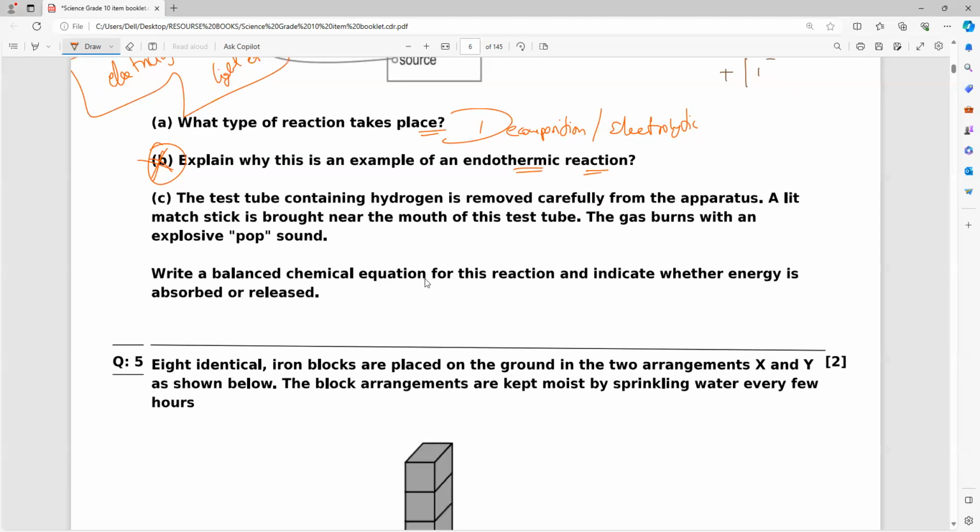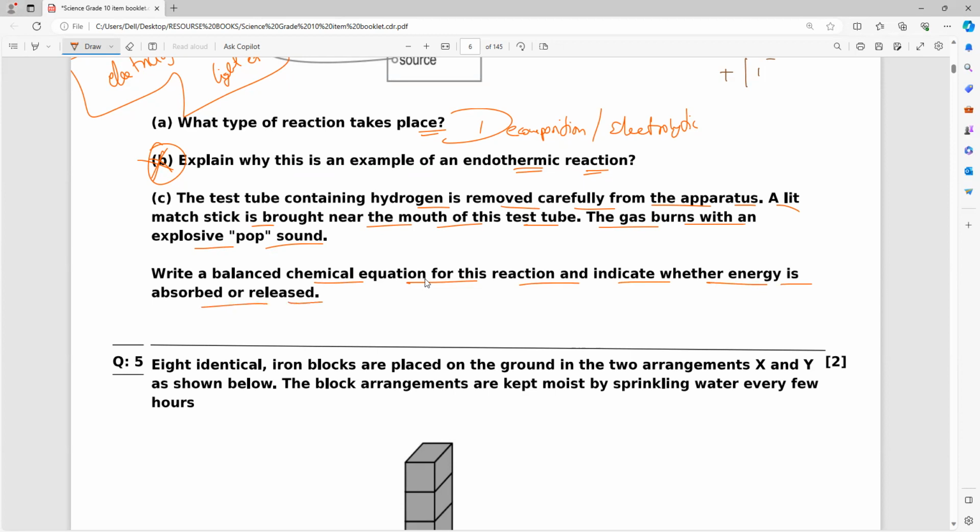Next. The test tube containing hydrogen is removed carefully from the apparatus. A lit matchstick is brought near the mouth of this test tube. The gas burns with an explosive pop sound. Am I right, everybody? So now write a balanced chemical equation for this reaction and indicate whether the energy is